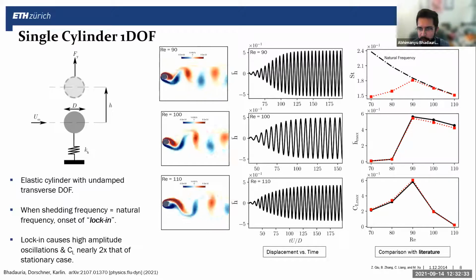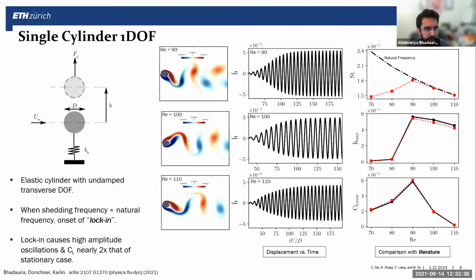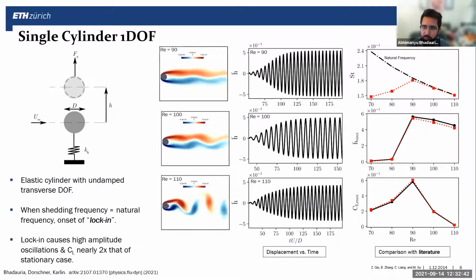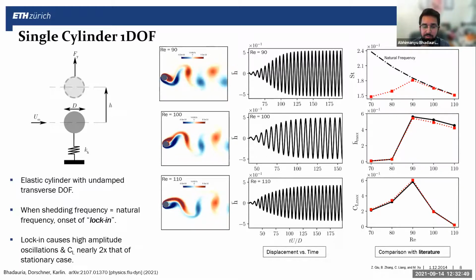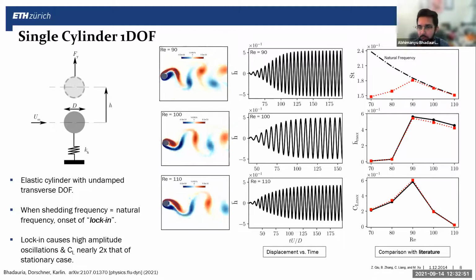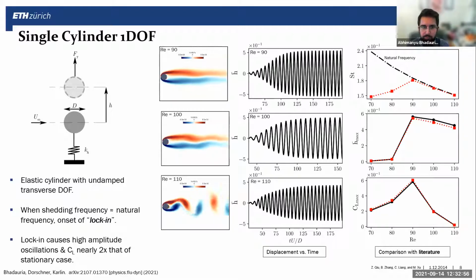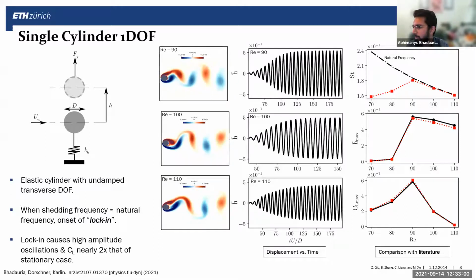So in such simulations of vortex or flow-induced vibrations, a common phenomenon that shows up is lock-in. This is essentially where the frequency of the vortex shedding of the cylinder, or the body, syncs or attaches itself to the natural frequency of the spring-mass system. And when this happens, you see a sudden jump in the amplitude of the oscillation as well as the lift coefficient. If you look at the rightmost figure, you can see this happening between Reynolds number 80 and 90,